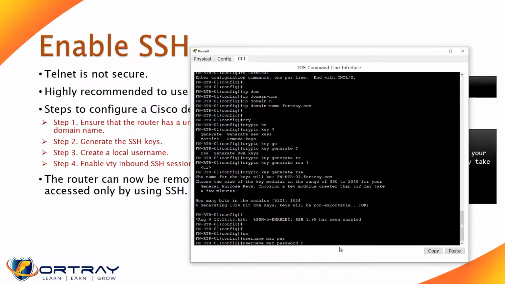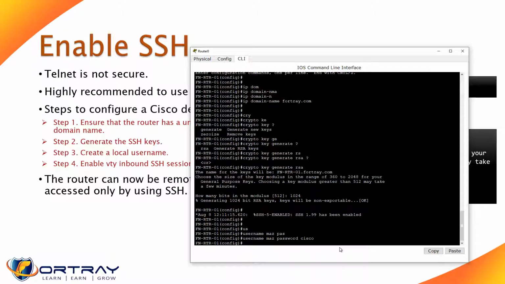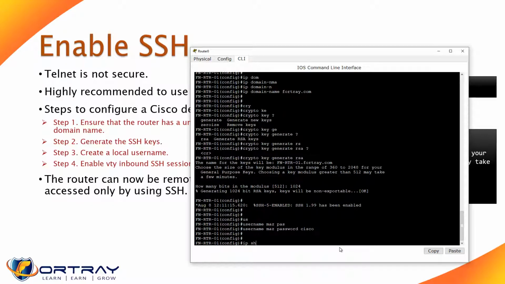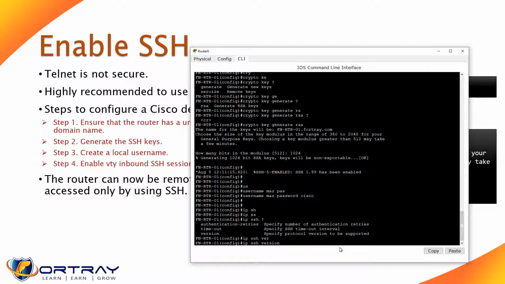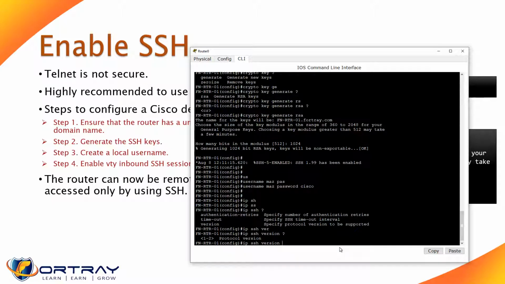Then ip ssh. SSH has two versions, and there are other configurations like timeout and the number of authentication retries, version 2 or 1. Version 2 is more secure, so we will be using version 2. Clear?